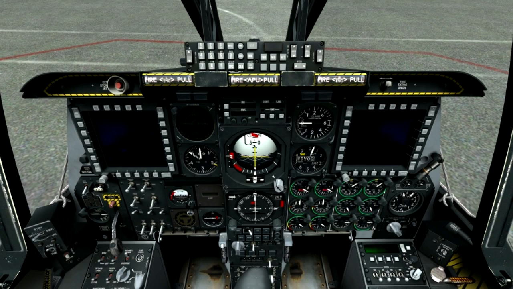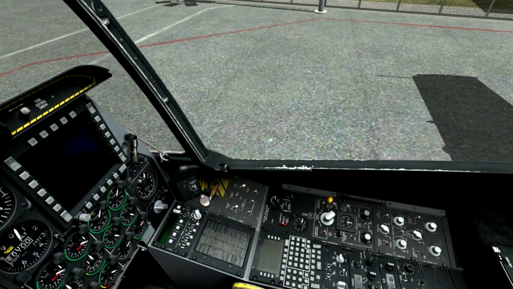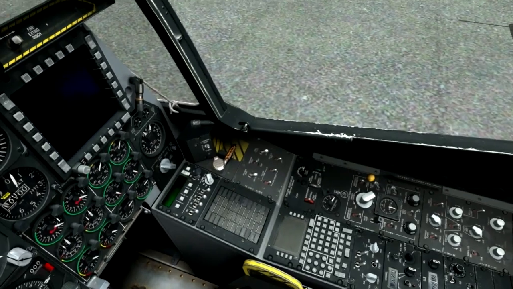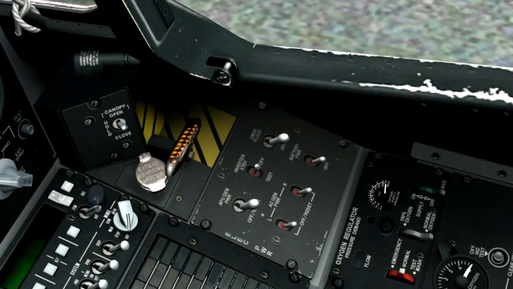So as you see right here, you're looking into the cockpit of the A-10C. We will get to the first procedure, which is starting up the battery and the inverter. I will zoom in on that right here. It'll be this panel. So we start up the battery first and the inverter to standby. Now we're going to zoom out